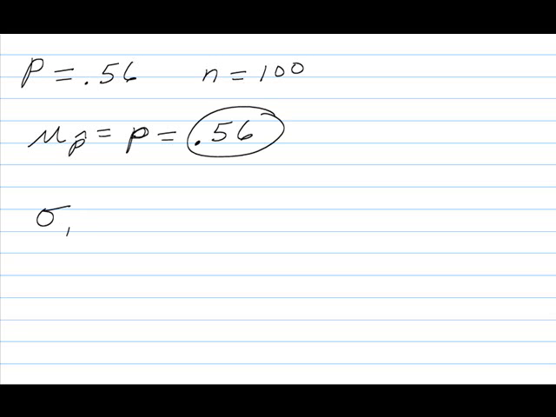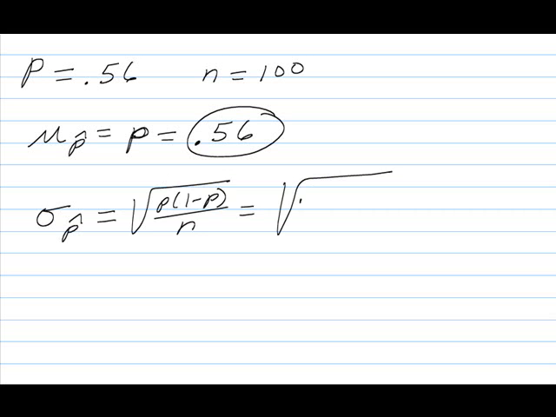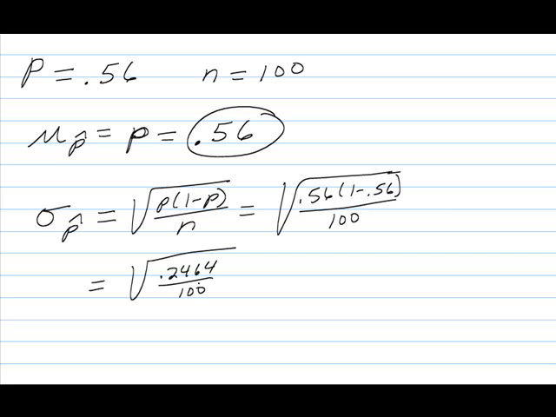The standard deviation, you have to do a little more work here. The standard deviation of p-hat is equal to the square root of p times 1 minus p, over n. So we plug in what we know. p is 0.56, 1 minus 0.56, and n is 100. You don't have to show every step, but if you do, 0.56 times 1 minus 0.56 is 0.2464, over 100, which is the square root of